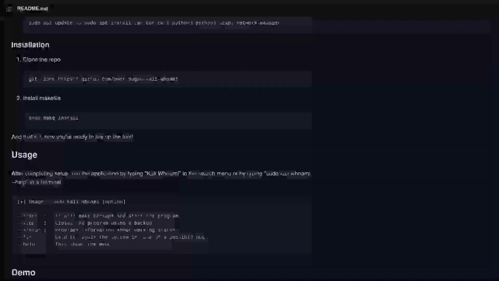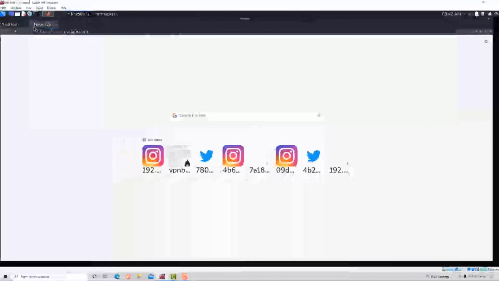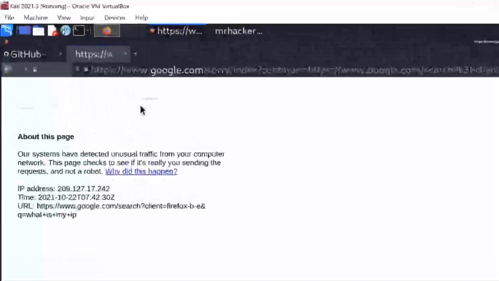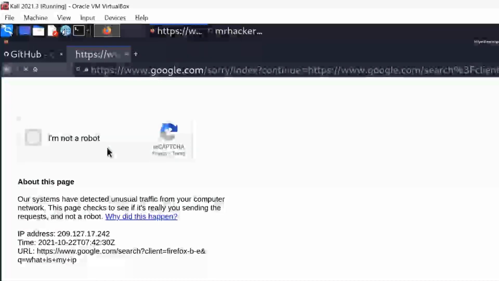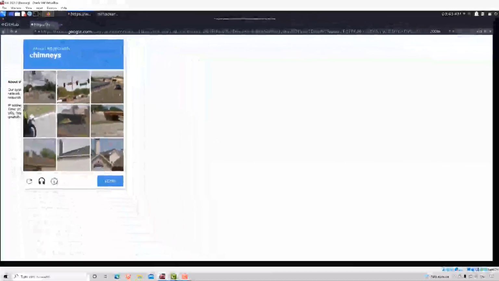Now, let's see if that option works. If I go and type what is my IP, it is loading for quite some time, which could mean that we are filtering traffic through a proxy, and I would say that's true because it says our systems have detected unusual traffic from your computer. This page checks to see if it's really you sending the requests. We get the IP address, and sometimes this can happen if you're using tools like this. So let's perform the check